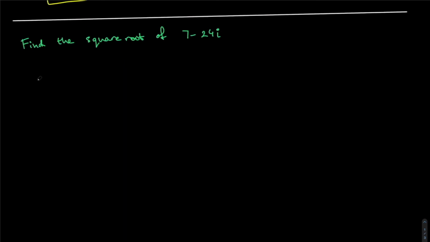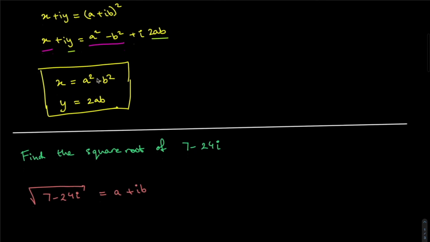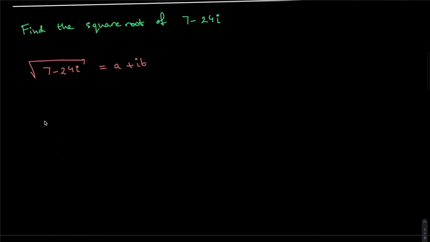All right, so let's get started. We're told to find the square root of 7 minus 24i, and it's equal to a plus iota b, right? Now I can apply the shortcut method where the real part is equal to a squared minus b squared and the imaginary part is equal to 2ab, but I'll show all the steps just for the sake of clarity. I'm going to square both sides, so I get 7 minus 24i is equal to a plus iota b whole squared. Then we have 7 minus 24i is equal to a squared minus b squared plus iota 2ab,